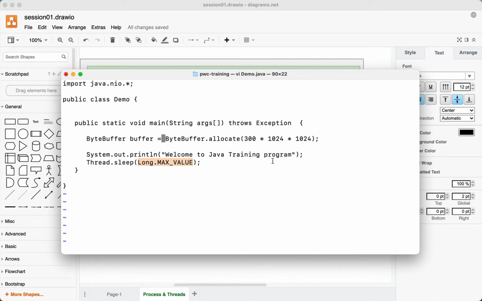Now I said I put my program to sleep, which is not wrong, but essentially what I'm trying to say is that I put my thread to sleep. Which thread? The thread that is executing the main function. As I told you, you cannot imagine any program today without a thread. Even if it's not multi-threaded, even if it does not have hundreds of threads, it will certainly have at least one thread.